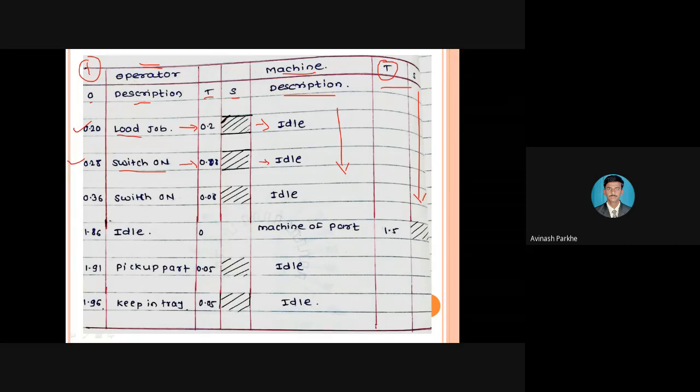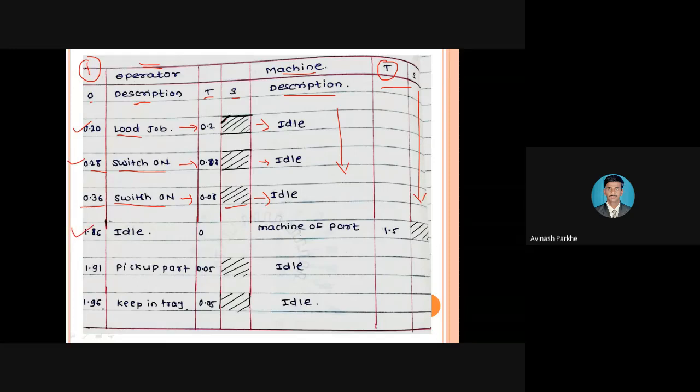Your operator is moving towards the start of that particular machine. Again switch on. Sometimes 2-3 buttons we have to start simultaneously. So for the first, 0.28 seconds are required, or maybe 0.28 minutes are required. Then 0.36 minutes are required for starting another switch. Maybe 2-3 switches are required to start the machine. Again, only the operator is working, so it is represented by the working symbol. But in front of that, again, your machine is stationary.